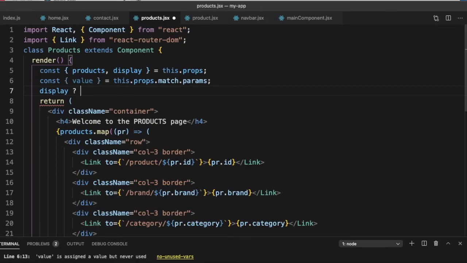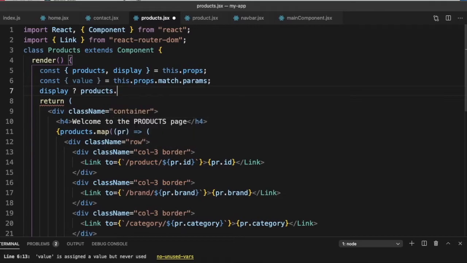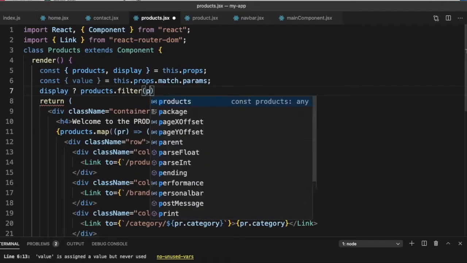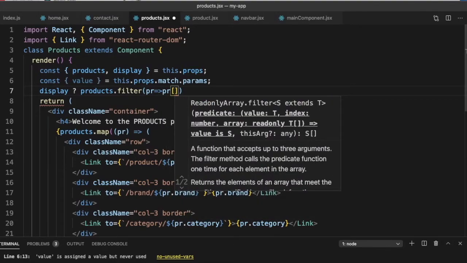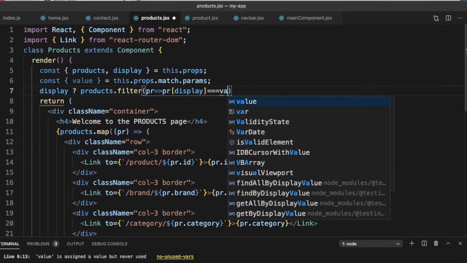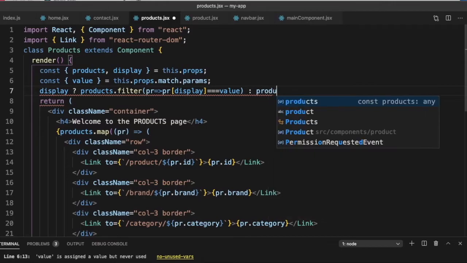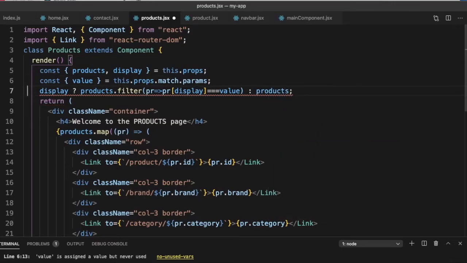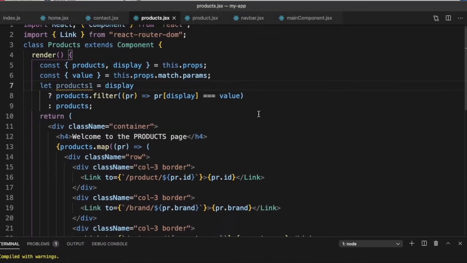And if we want to filter, then we can just say products.filter pr, such that what do we want? Pr and the display, this field should be equal to value. That is what we want. So we will filter on this value. Otherwise we want to show all the products, and let's call it let products1 is equal to this. Now we have filtered it.